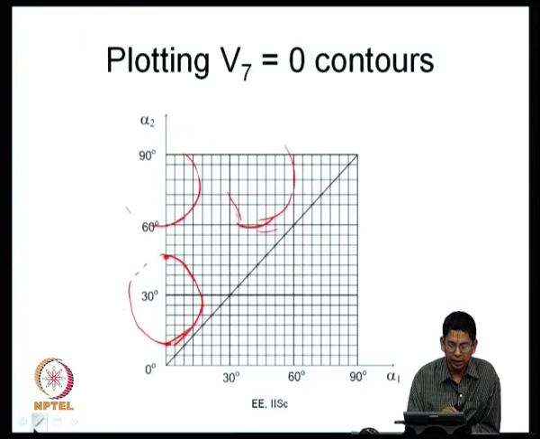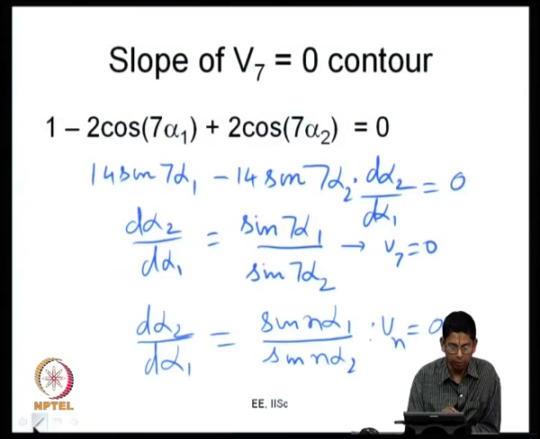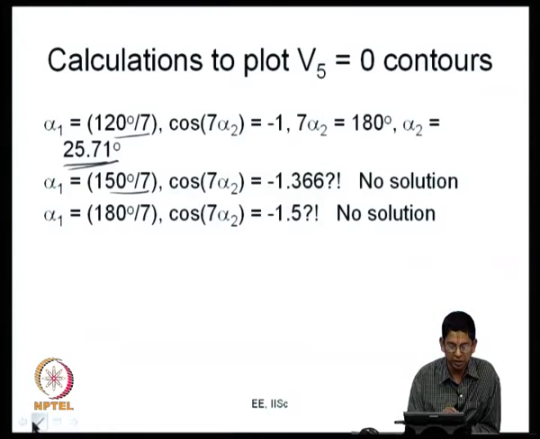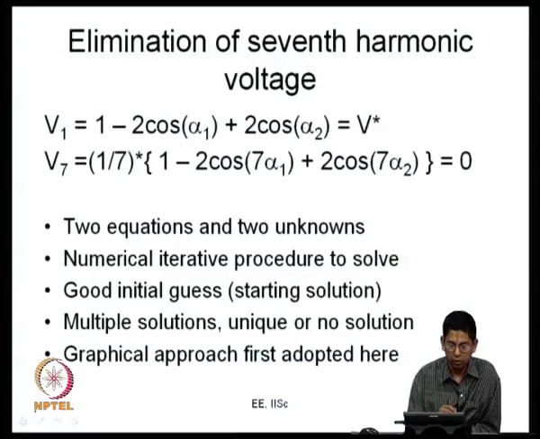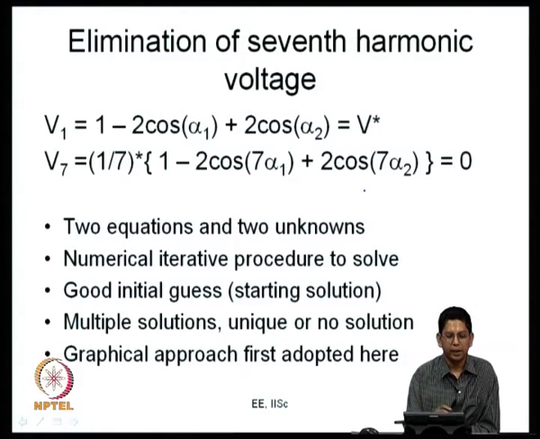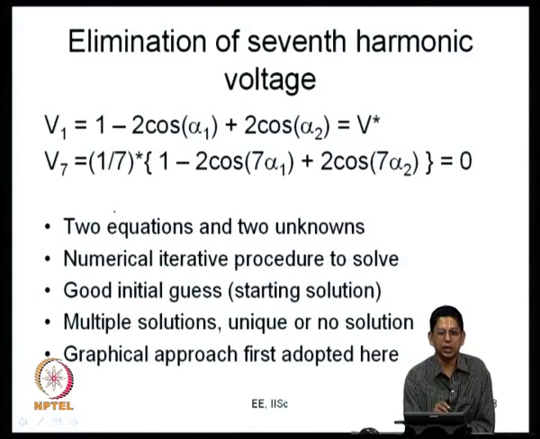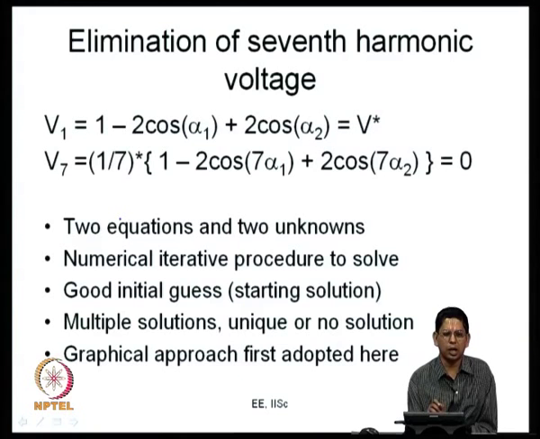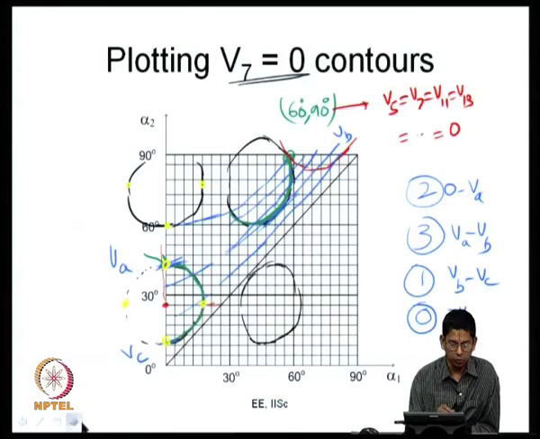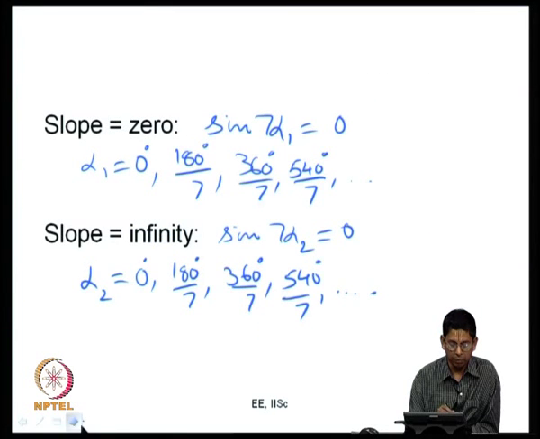You can really extend that problem, you can generalize that problem. The problem that we had stated here was to solve only these two equations. Instead of V7 you can take V11, you can take V13, any one particular harmonic can be eliminated depending on what you want to be done, that depends on the application. And if you have more switching angles, let us say 3 switching angles, it is possible for you to have it as a 3 angle problem now.